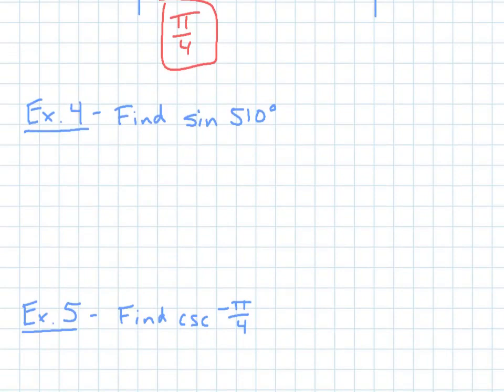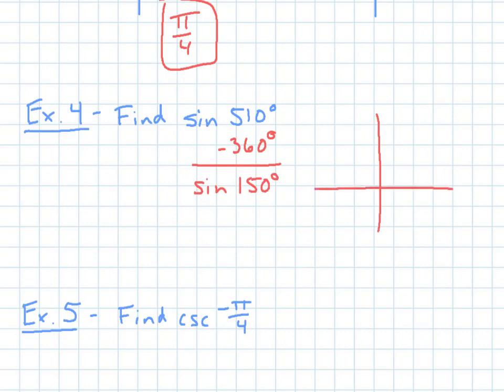Now I want to be able to find certain trig functions using my reference angles. So let's say I wanted to find sine of 510. First I would subtract 360 from 510. So I'll still have sine here, but then that gives me a sine of 150. Now if I don't know the value of 150 right off the top of my head,